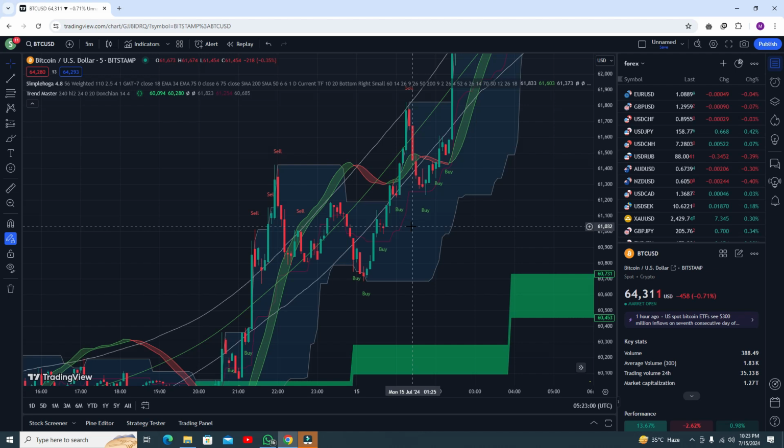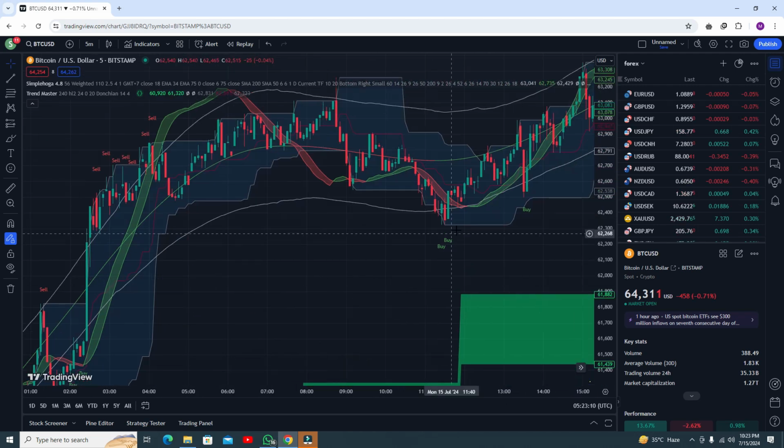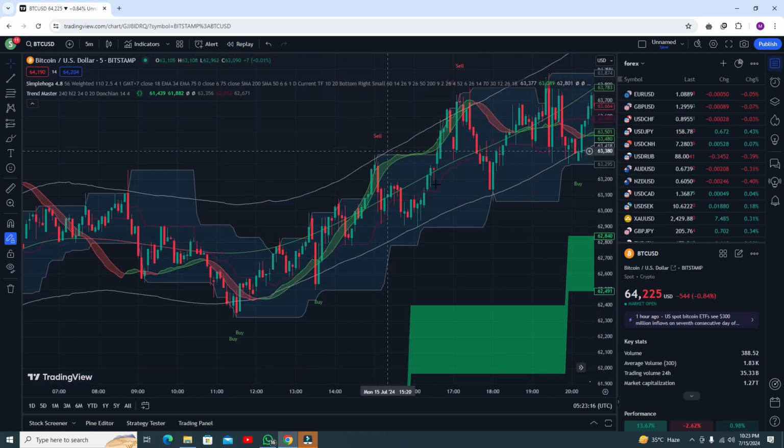You have to catch only the confirmed signal, and the confirmed signal is here. Because the RSI is below the lower band line and you are getting a buy signal, so it is a correct signal. And here you can see again, you can go for the buy trade, and you have to book your profit here.